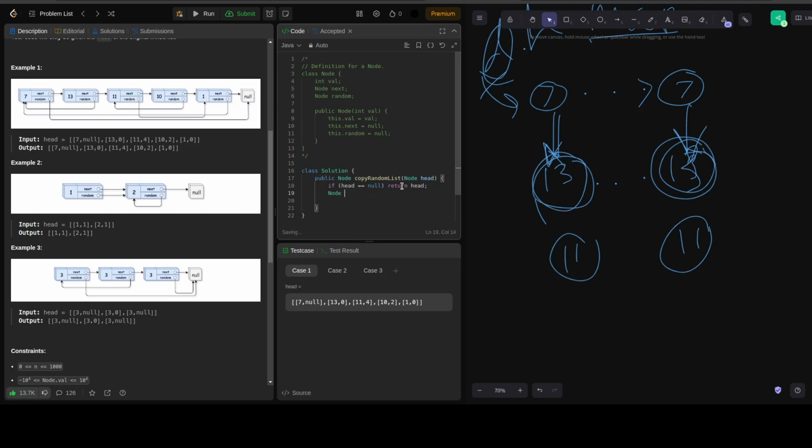Let's say this is called a dummy, and dummy is basically going to point to head. And once we have set up this dummy and the head, we're gonna look at if head is not equal to null. So we're gonna keep running through 7, 13, 11, 10, 1 until it reaches null. So until this point, we're gonna take each of the nodes and create a corresponding